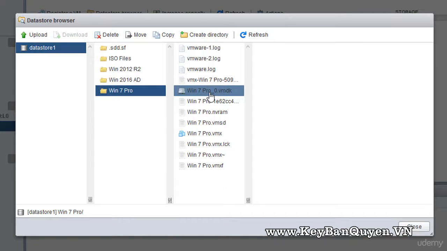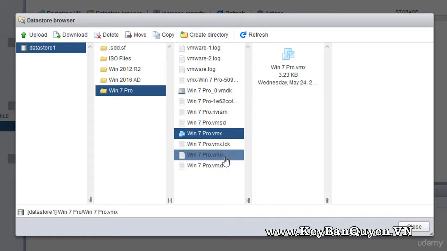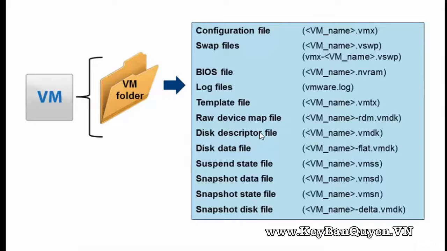As you will see, I have the virtual machine name.vmdk and the vmx file, this one. And as you see, this is a temporary file. That means the virtual machine is powered on, so this one is loaded in the memory of the host, and some other files. To see a bigger picture about the different files that we have,